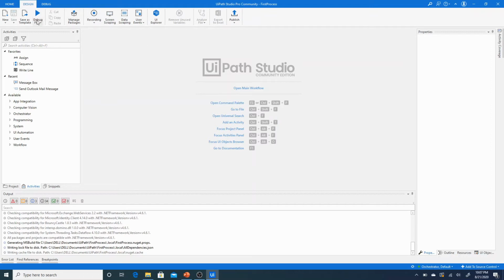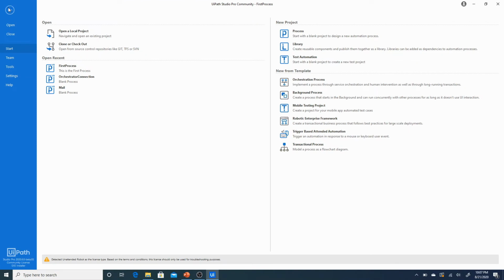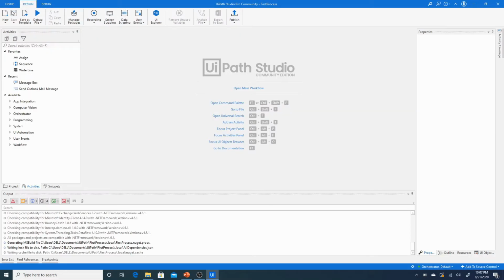Here, this is the main toolbar. First, this is Home, where you can close it or access the other settings. It is the same page that we have already discussed. And this is the Design tab. Here we have all the icons or commands, you can say, which help us to design a process. And this is Debug, where once we create a process, we can debug it, and these are some tools or options which help us to debug a process effectively.